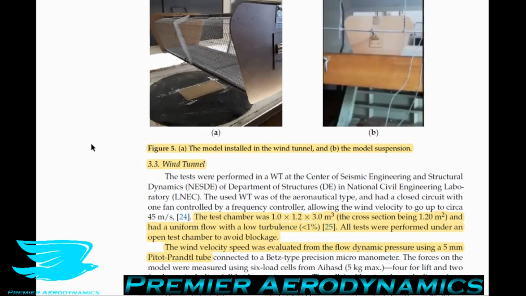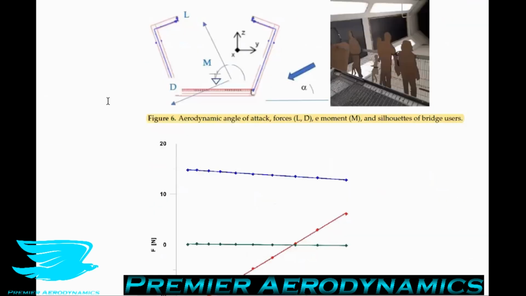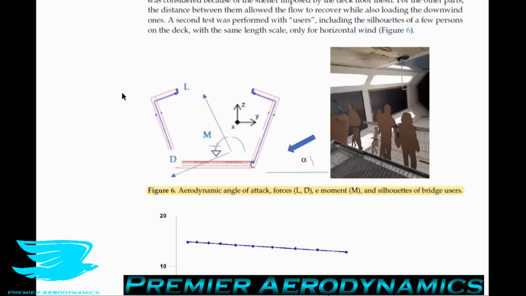They say that the wind velocity speed was evaluated using a 5mm pitot Prandtl tube. And I just wanted to point this out because it's a term that you don't come across too often. Usually a pitot Prandtl tube is called a pitot-static tube. They're the exact same thing. It's just that Prandtl and static, they're just different names for those holes around the edges of the side of the pitot-static tube, whereas the pitot hole is the one at the front. So let's move on to